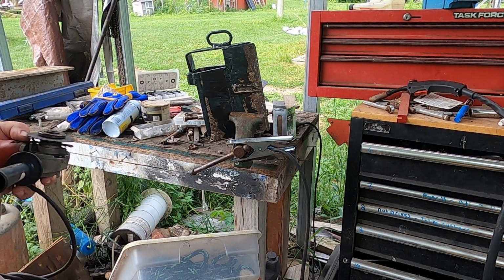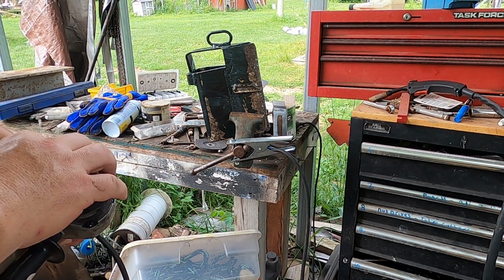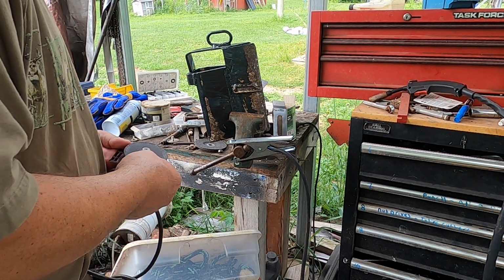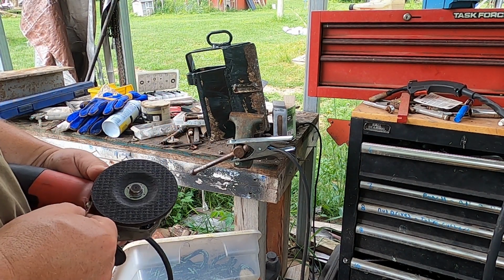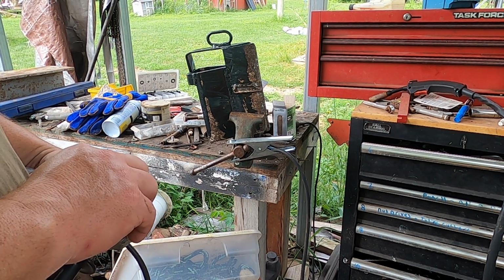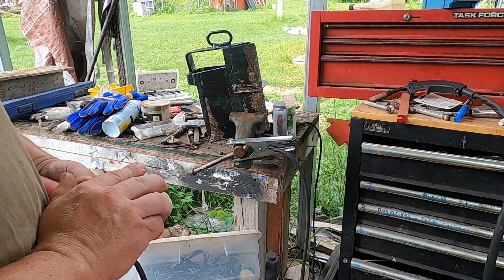Oh, I should explain as well, it is the next day. Along came a rainstorm, so I didn't get a whole bunch of work done yesterday. Messed with chainsaws until I got thoroughly irritated with messing with chainsaws, and about that time it started raining. So I got some parts on order. I don't know if we'll make a video about it, but you know,